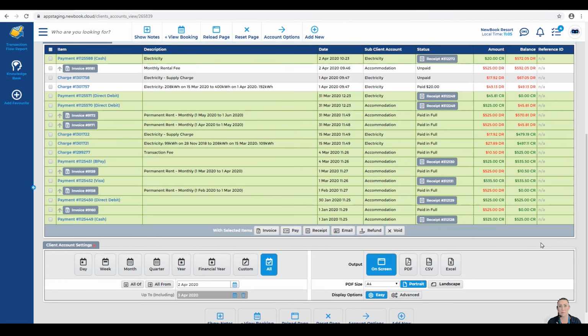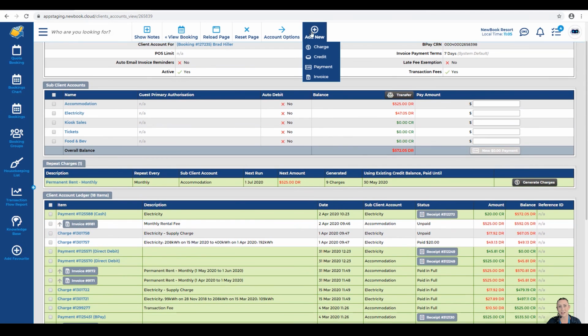The only real time I would ever recommend voiding is when you legitimately have made a mistake, such as adding a payment onto a booking account that you actually did not take and you saved it accidentally. So it's truly not something that you've actually processed. Another way that you would void an item from a client account is if it's something that you have actually manually added onto the client account during that person's stay. It's not something that's actually saved within their booking and it's not contributing to the stay costs that they were quoted for, such as a can of Coke or a newspaper that they might purchase